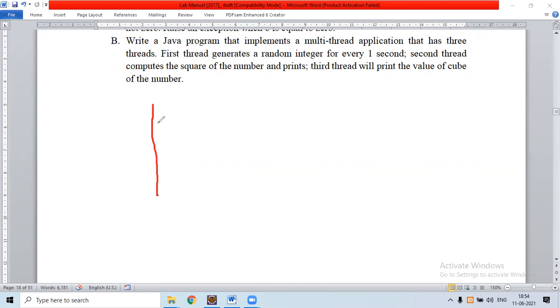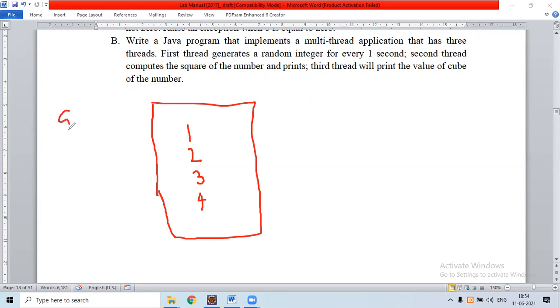Here, consider one example. Consider a program consisting of 4 instructions, 1, 2, 3, 4. In case of serial execution, the statements are executed one after another. Means the instruction 3 will execute after completion of 2.